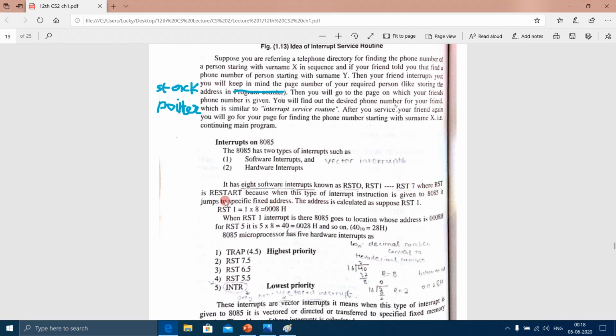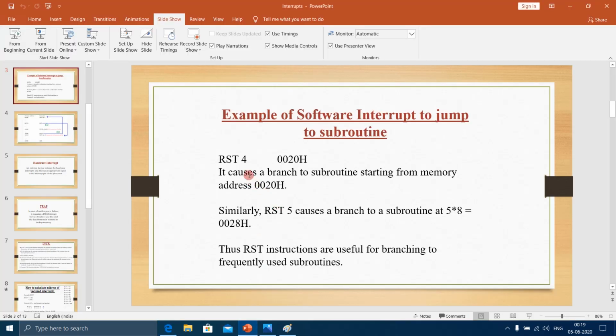Here RST means restart, because when this type of interrupt instruction is given to 8085, it jumps to a specific fixed address. We had seen the example of the interrupt service routine; that is what is being talked about in this sentence. I will tell you what's written here. We know there are a total of 8 software interrupts from RST0 to RST7. So RST4, as you can see,